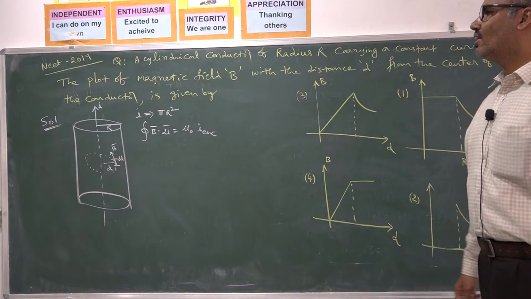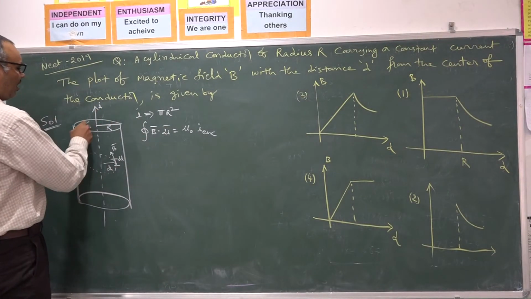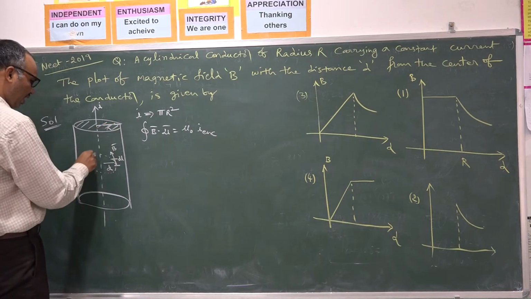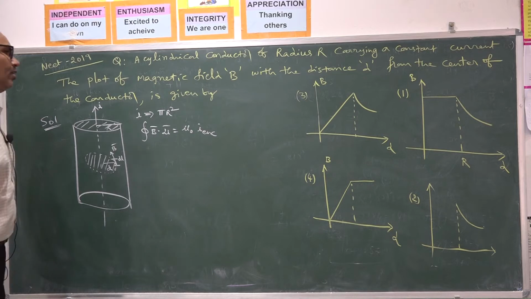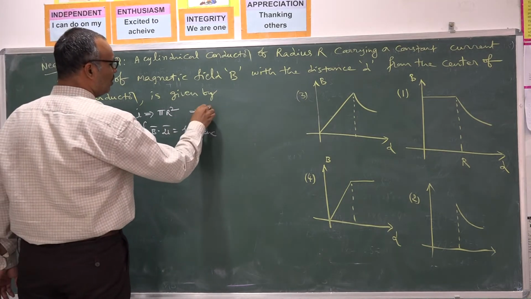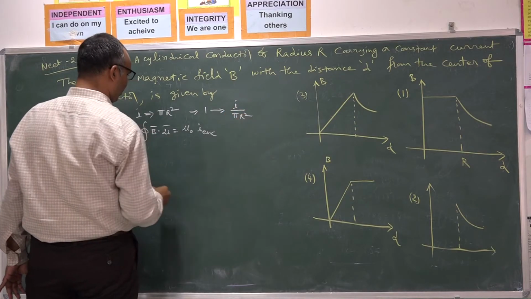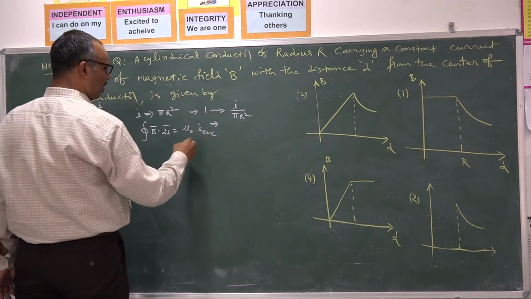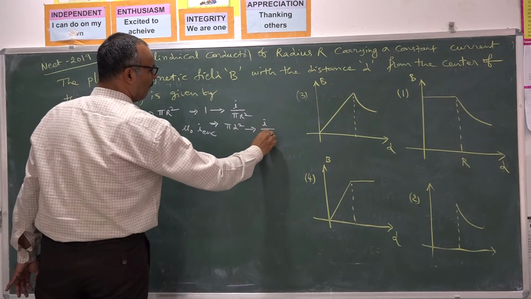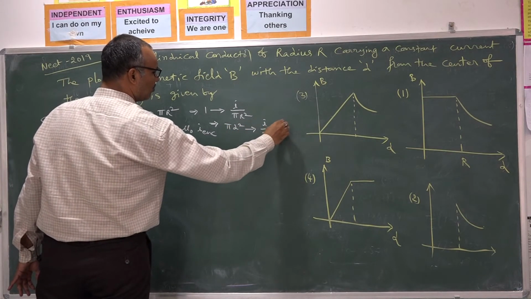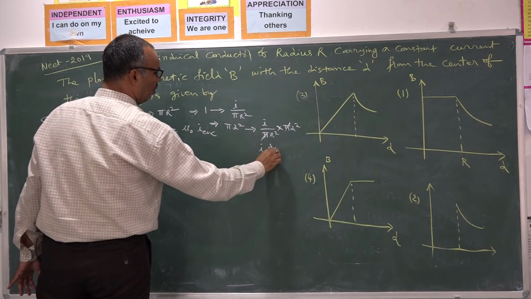Whenever you want to calculate I enclosed, this entire current is passing through the entire cross section. We require the current only passing through the required cross section of area pi d square. So current passing through unit area is given by I by pi r square. Current passing through the required pi d square area is given by I by pi r square into pi d square. Pi gets cancelled, I into d by r whole square.